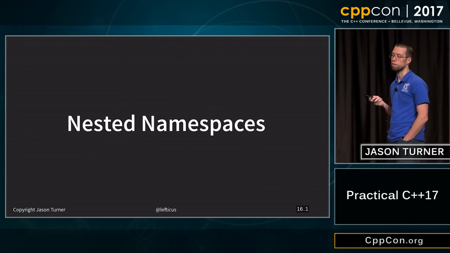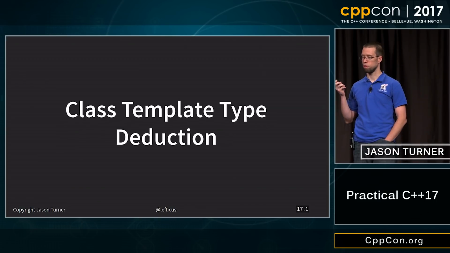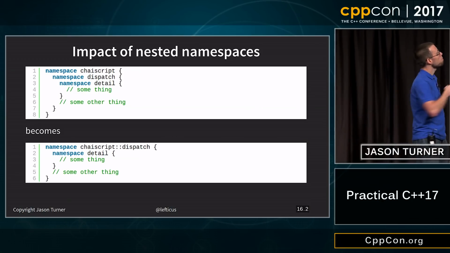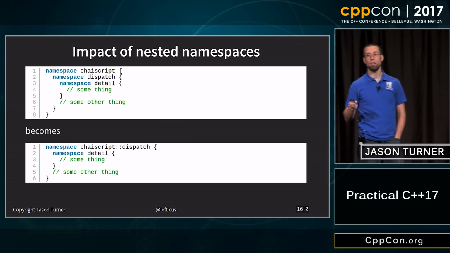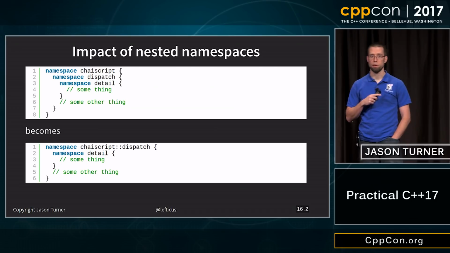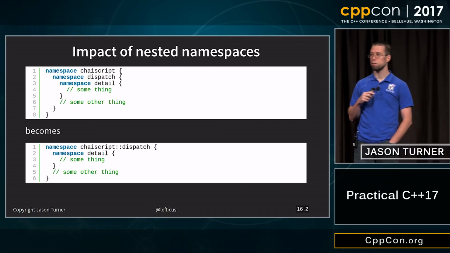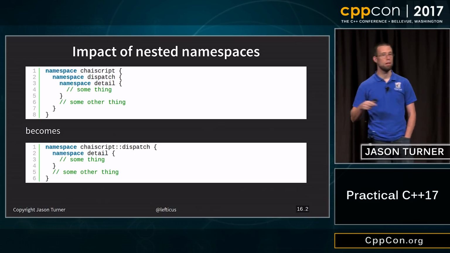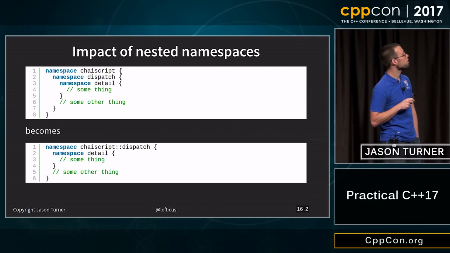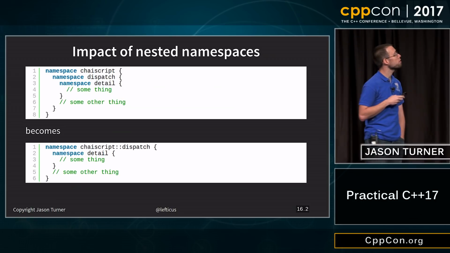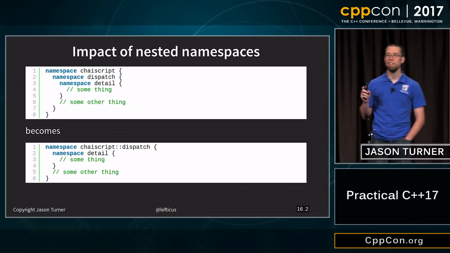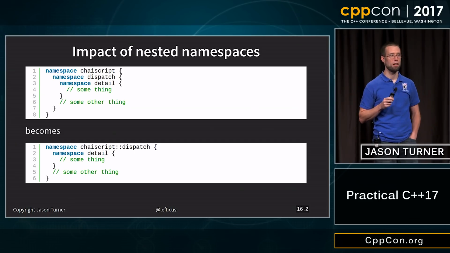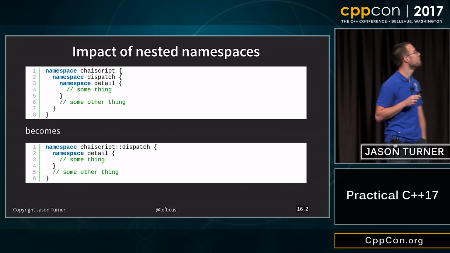Nested namespaces are next. Oops. Oh, no. Preview. So I have a fair number of nested namespaces because CppCon, as I mentioned, is a header-only library. So I use namespaces to kind of obfuscate some things. So I do things like this. And I was so surprised how satisfying it was to collapse my namespaces.